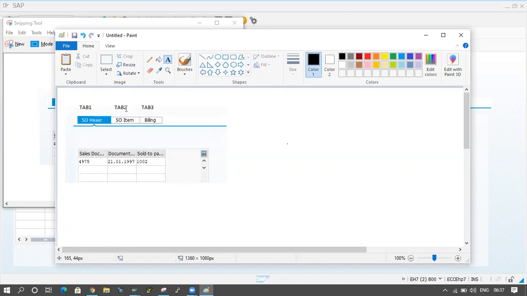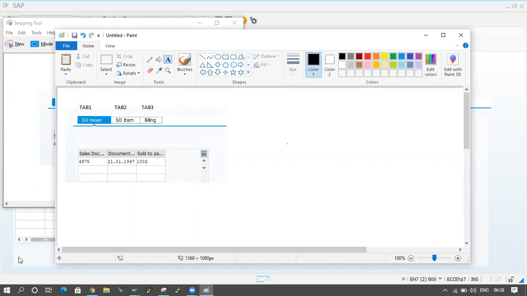S5 UCOM will contain tab 2, and the tab name also contains tab 2 only. When I click on billing, S5 UCOM will contain tab 3, and for this billing tab, the name also contains tab 3 only.